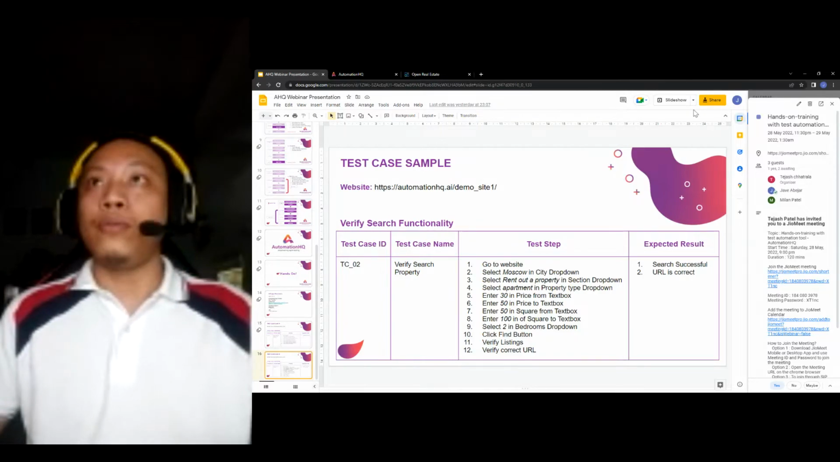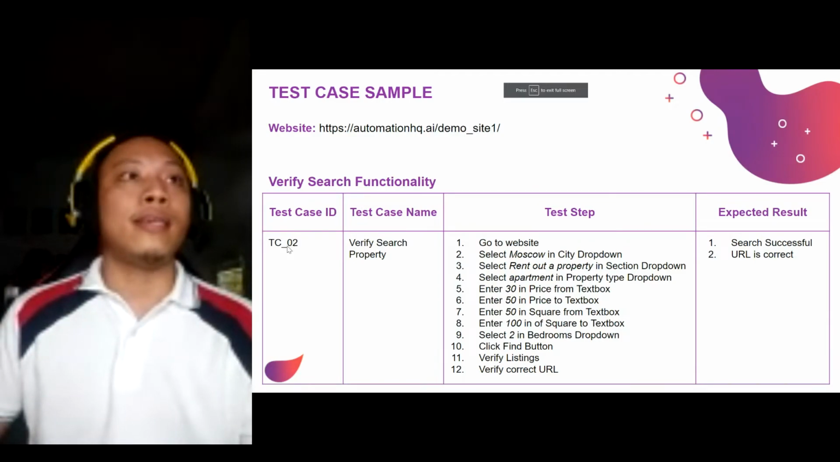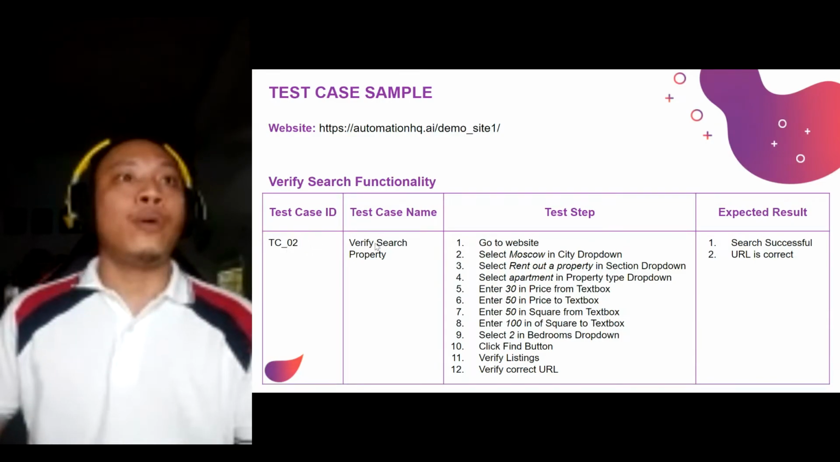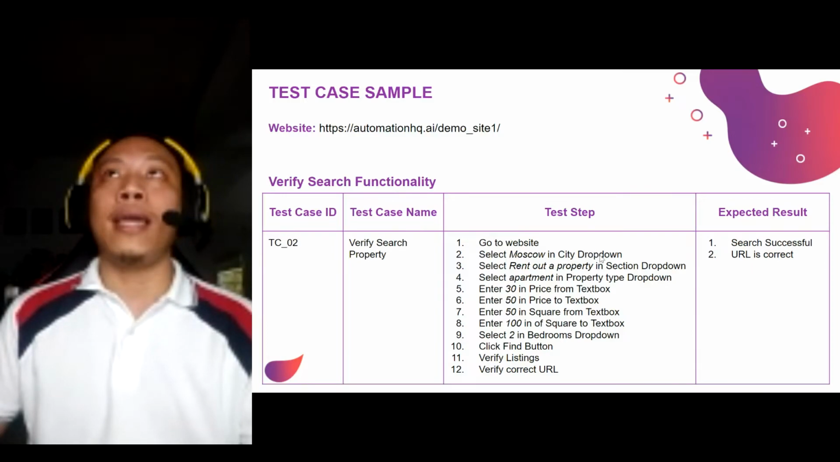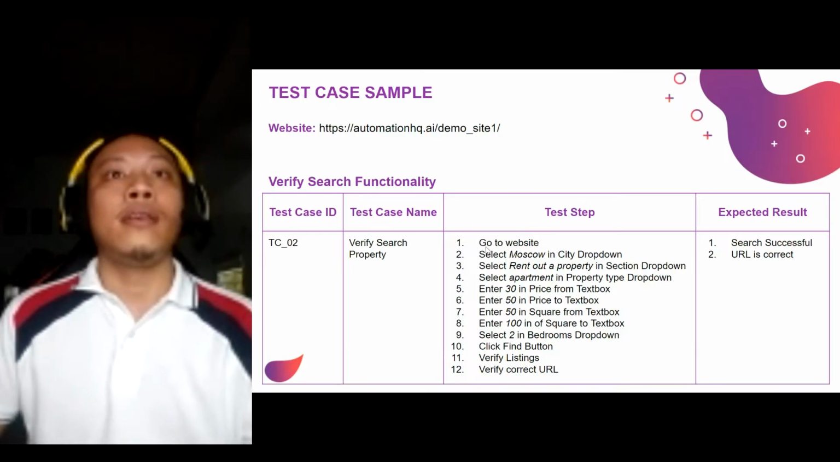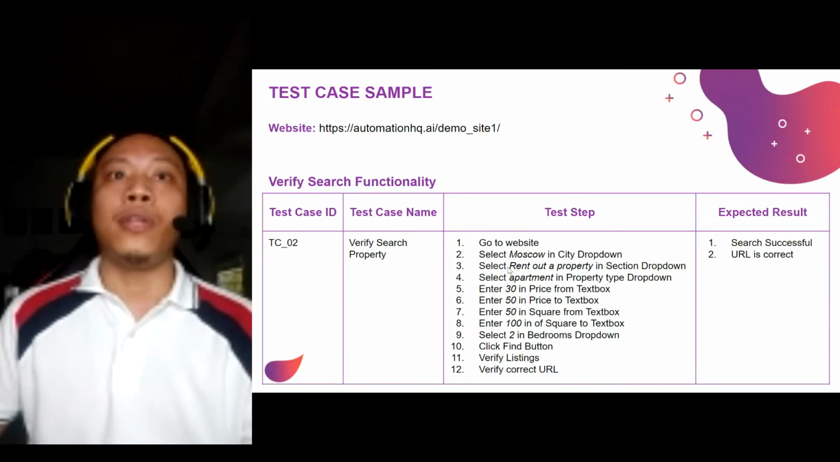Right. From this, I do actually have another test case example. So for this one, let me show you the test case 2. We need to verify the search property itself, the functionality of the search property. So the test steps are, so this would be a data-driven test. So go to website and then select Moscow in city dropdown, then select rent out a property in section dropdown,